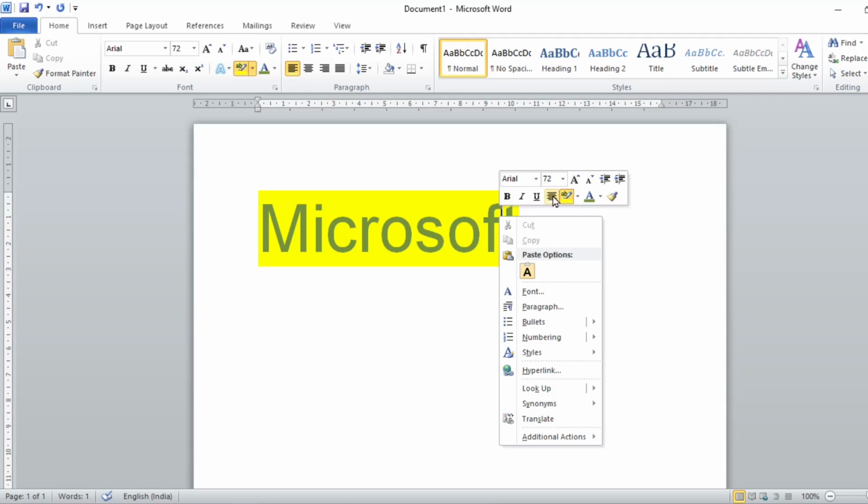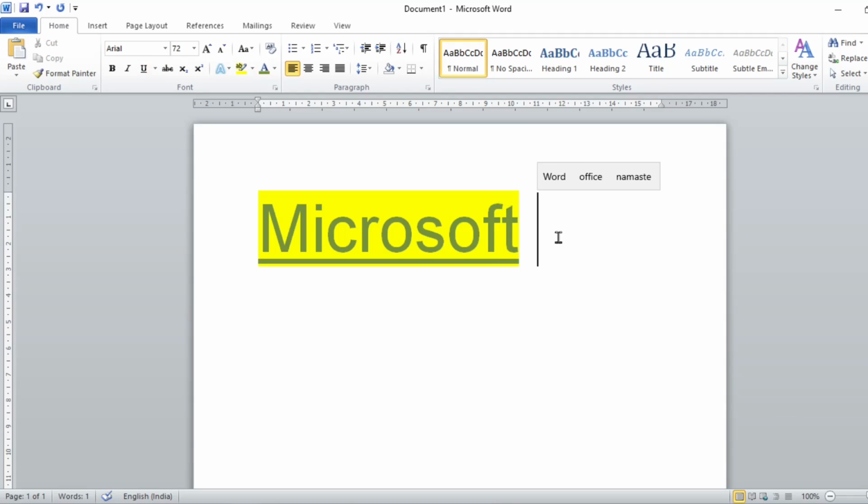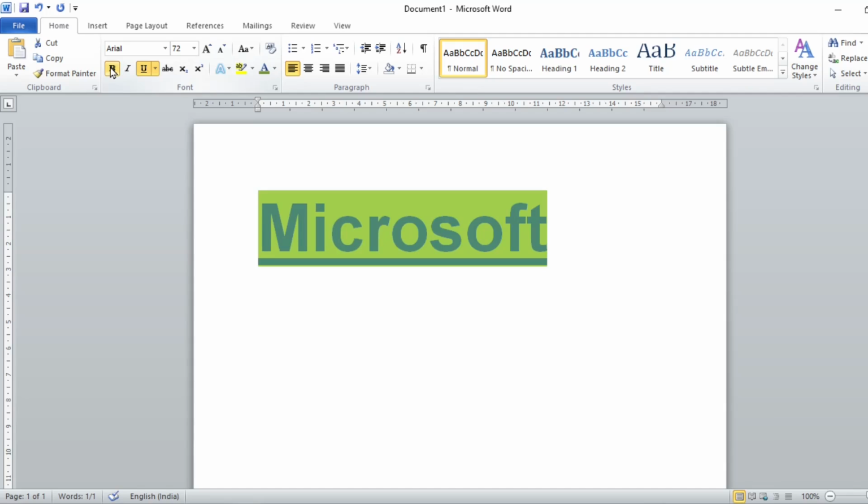Yes, you can underline. See, you can underline over here. And if you want to make it bold or italic, just click here: bold, italic, any style you can select. Also, you can change the text case.